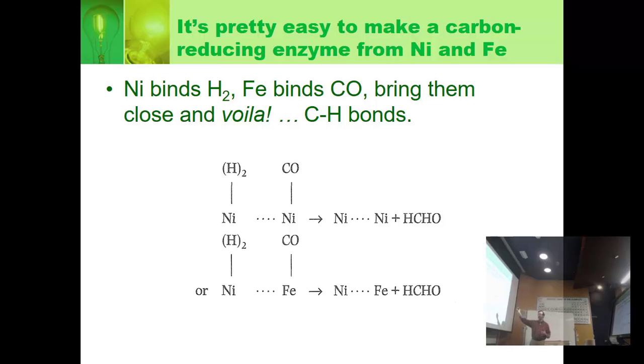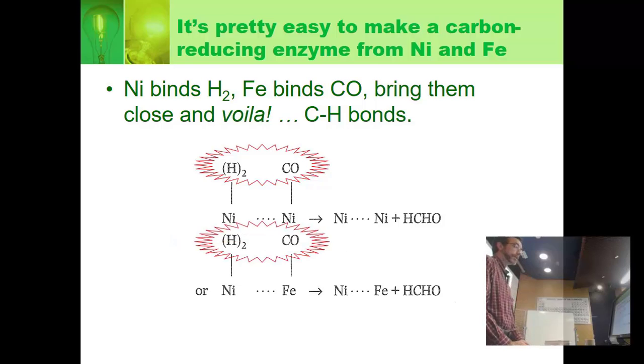This is like the little Lego block, the simplest Lego block. And it's formaldehyde is what it is. We don't use it anymore because it's toxic to us, but that's because it's so reactive. Back in the day, it would have been actually a very useful thing to have around if you were building stuff. You can very easily activate the carbon from the atmosphere if you have a metal. And it looks like this, you know. So really just a surface binding two things, and the two things then bonding to each other,